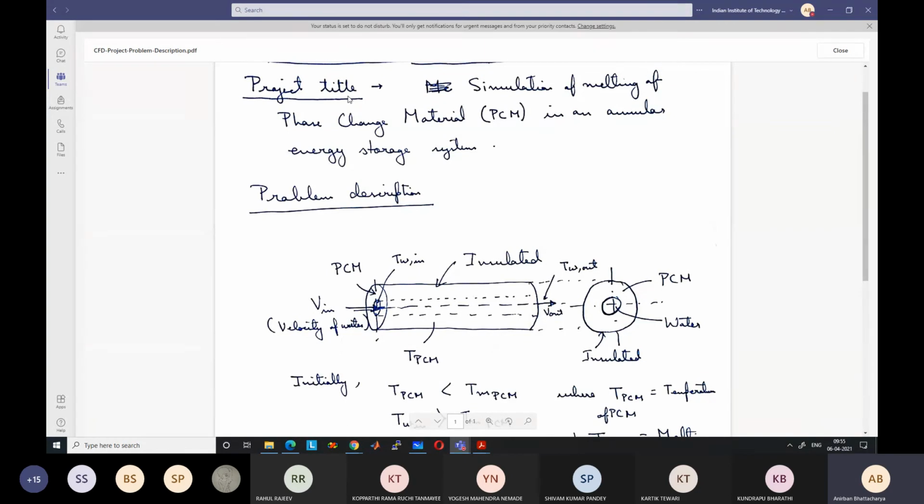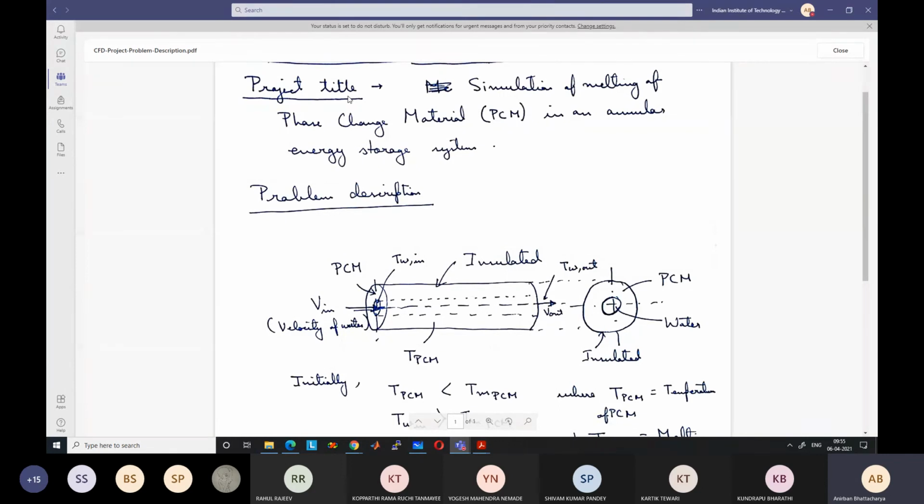For example, you can try to solve natural convection in a room, which is also quite interesting. Or you can try to solve the flow around an obstacle. There is a flow in a region and there is a solid obstacle. What is the flow, or what is the heat transfer, say natural convection from a hot wall? This type of thing you can also solve, or you can take a very simple problem using a code.